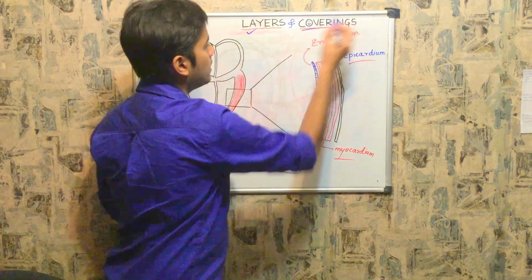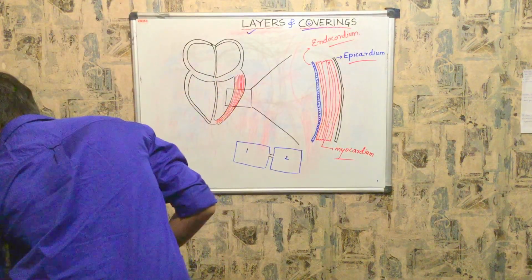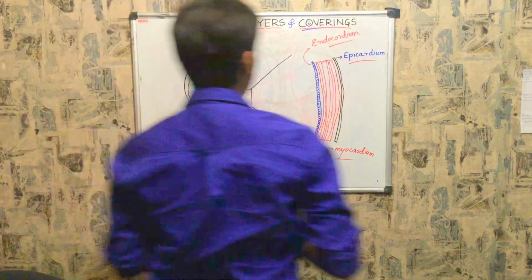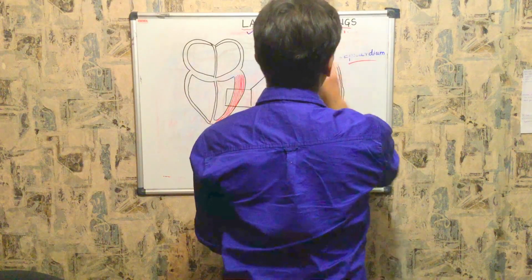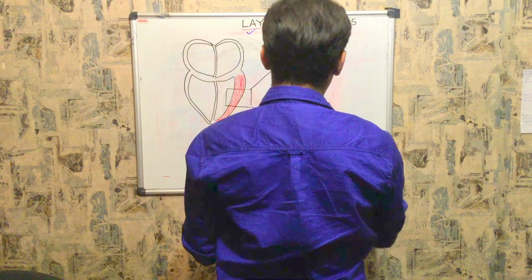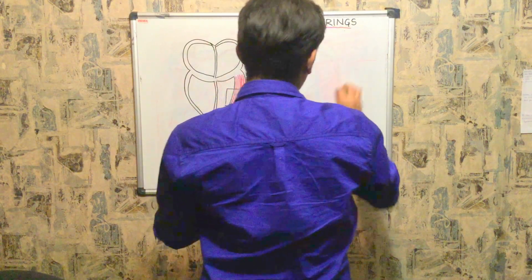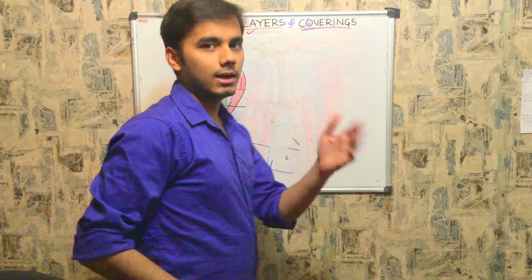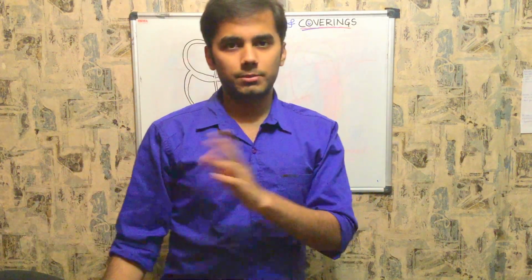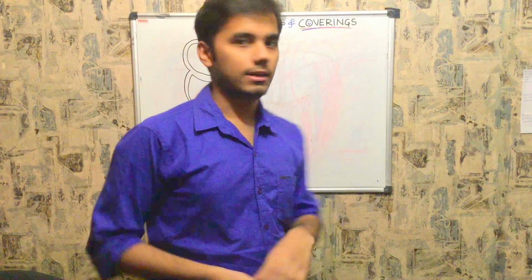Now we move on with the coverings of the muscles. The main thing that is covering the muscle is pericardium. So pericardium is not a layer of the muscle, but it is the covering of the muscle. So many of them confuse pericardium as the same as myocardium, endocardium as well as epicardium, but it is not the same. Covering all these layers, covering your entire heart, there is pericardium, right?